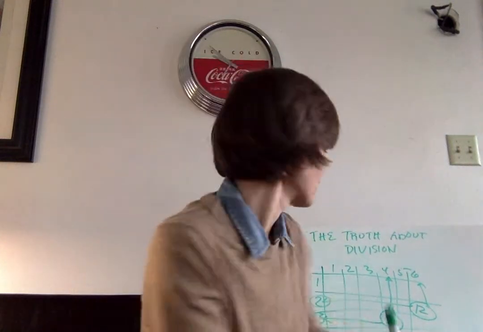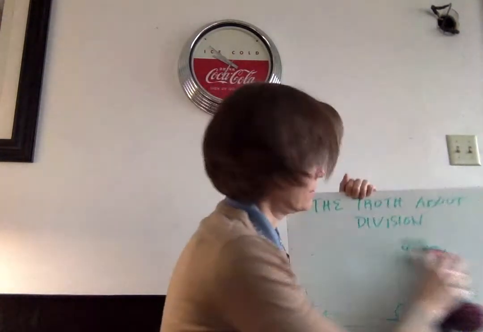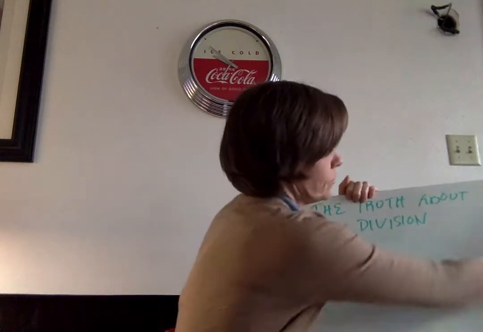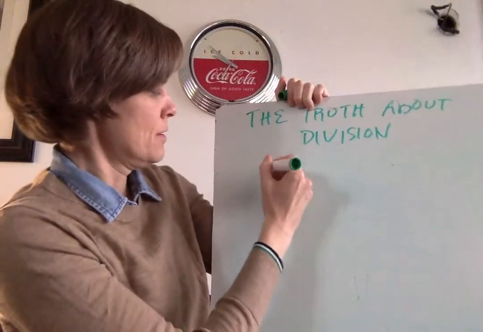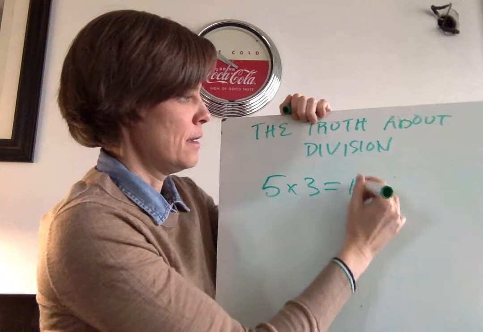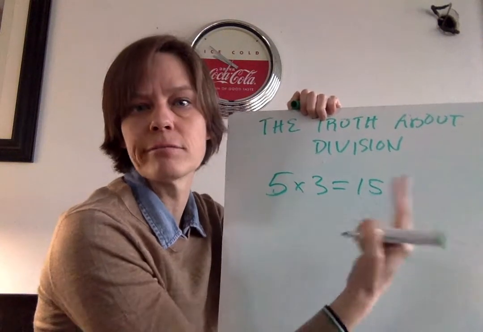So let's wipe this off. Fancy time. I'm at 6 minutes, so maybe I can get one more and then I'll do examples. So, simply put, this symbol, 5 times 3, means I add 5 to itself 3 times, right? 5 plus 5 plus 5 is 15.